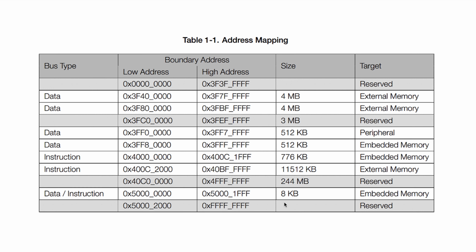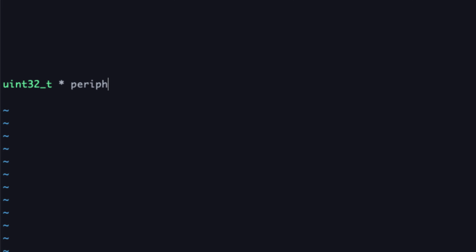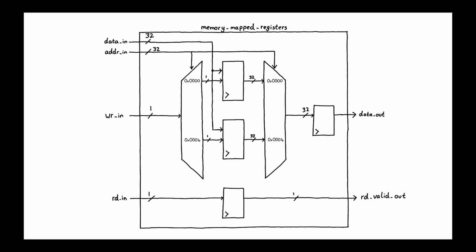A common way to interact with hardware is through a memory mapped register. This is a hardware register that has a mapped address in the address space of the system. To interact with the hardware, the programmer can use a pointer that points to that address to access individual bits of the hardware register. In this video, we are going to see what that looks like from a hardware perspective,